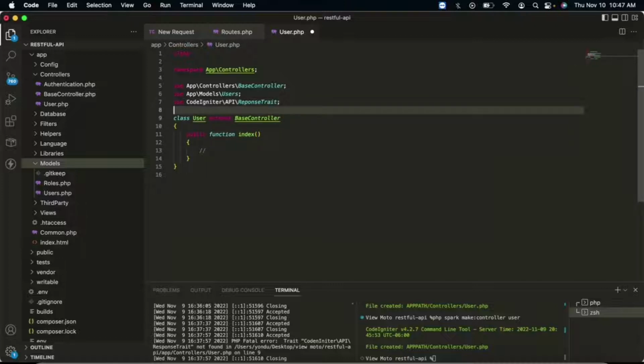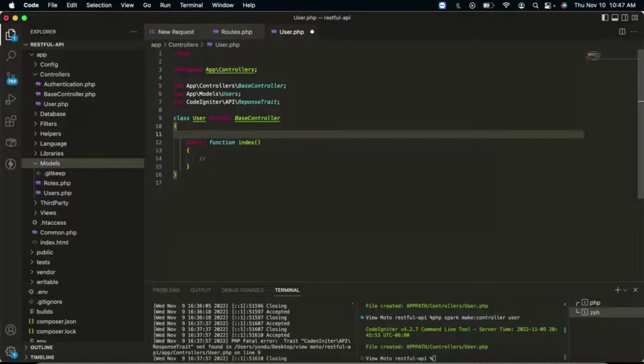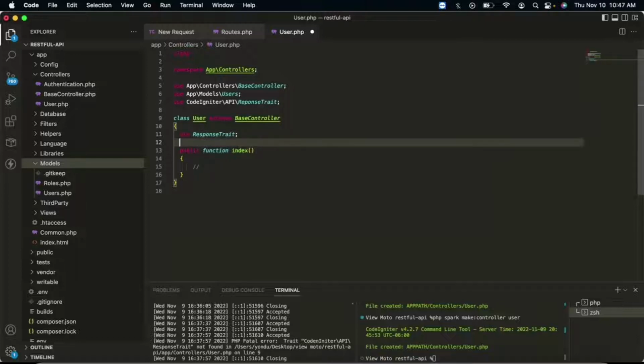Now that we have our ResponseTrait, we have to call it here as well. Use ResponseTrait. This ResponseTrait is for our response function to be able to return the response into our front